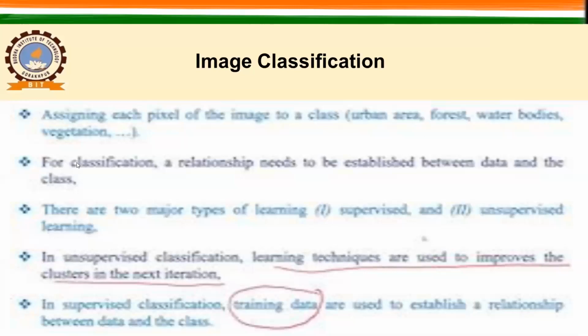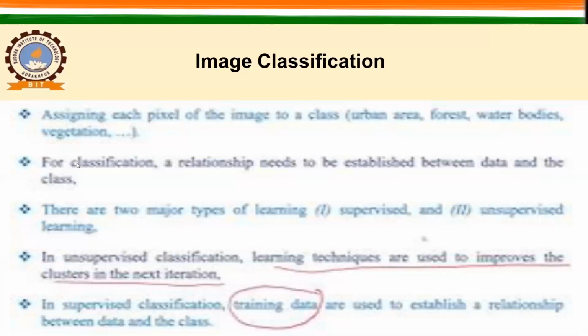Okay? So in unsupervised classification technique, we use some logic through which image DN number will be used to make clusters. Okay. So there are two major types of learning technique. The first is supervised and the second is unsupervised. I hope you remember the examples which I mentioned in my previous lecture, in which I gave small examples: cooking, driving, solving mathematical problems. So these are the problems which can be learned either in the supervised manner or in unsupervised manner.